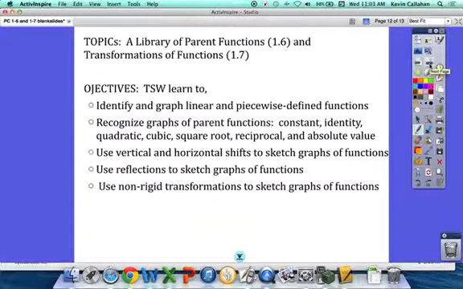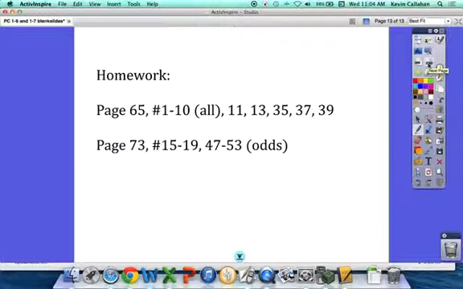So that's what we did, right? First we looked at the linear and piecewise defined functions. That was in the first section, right? And we looked at the graphs of all the common functions, at least the ones we're using now, which you have in that section, and in the back cover of your book. And then we reviewed basically how it is that we shift the graph up, down, left, right, reflections across the x, reflections across the y, and the non-rigid stretches and shrinks. So there's a little bit of homework there and there. Now, I'm going to